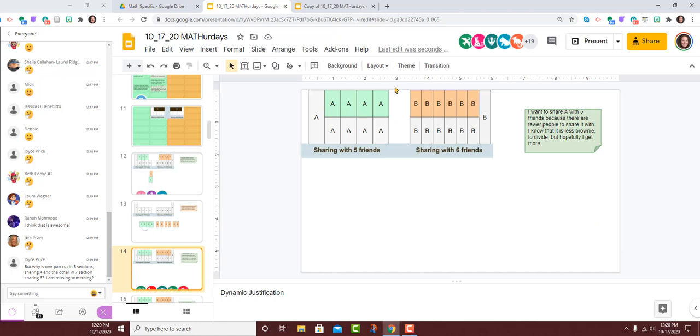Yeah, I've been thinking about it like, first of all, I wasn't sure whether it was a total of 5 people or it was me plus 5 friends. So that got me a little stuck. And yeah, so I guess with those 4 pieces, do I have to cut them into a total of 20 pieces and then figure out if it's a total of 5 sharing? I don't know. I'm embarrassed here.